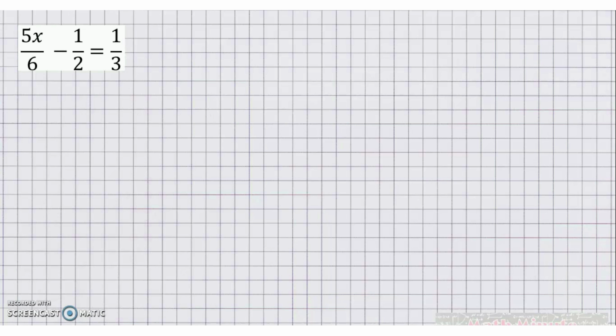So how do we do that? In solving rational equations, what you're going to do is to multiply each term of the equation by the least common denominator, also known as the LCD, then solve the resulting equation. So let's solve this one. In here, we have the denominators as 6, 2, and 3. So meaning our LCD here will be 6.